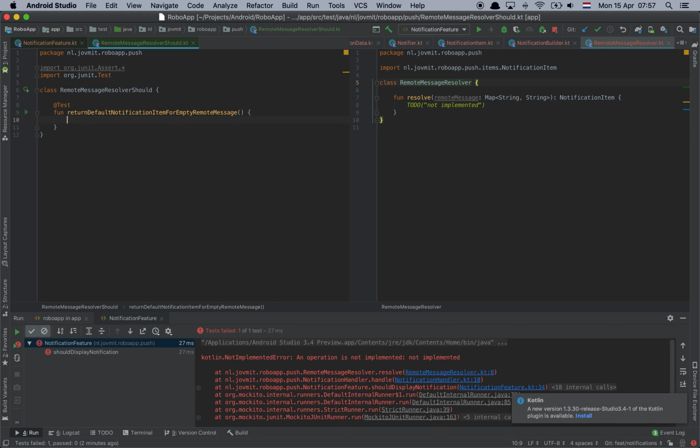So when I just receive an empty remote message, I just want to make some sort of default notification item. And then later on, when I receive a message that I won't understand, basically, I'll just show some default push notification, so the user will be informed that something is happening. Or if I decide not to handle them, I can just say, okay, if the remote message resolved into a default type, I just don't display it. Easy as that. So here I expect